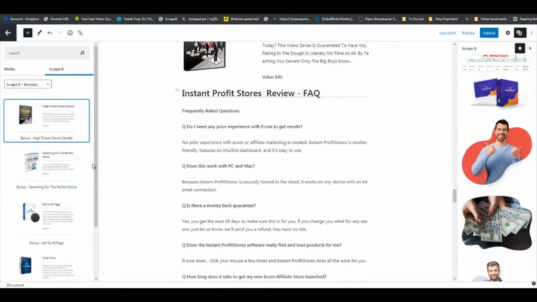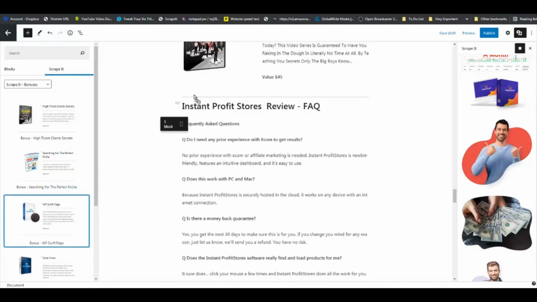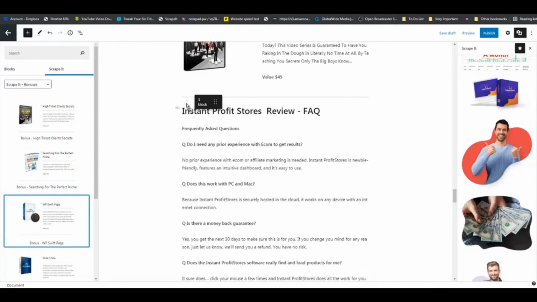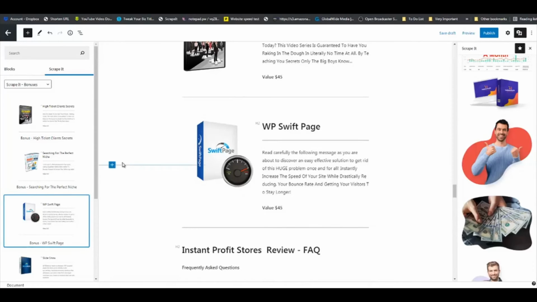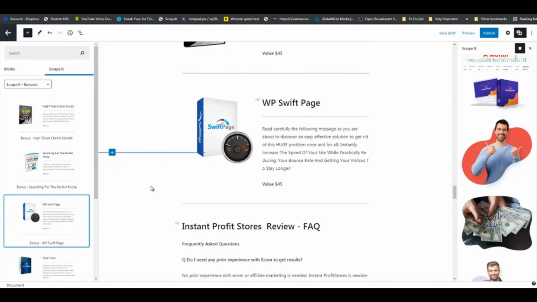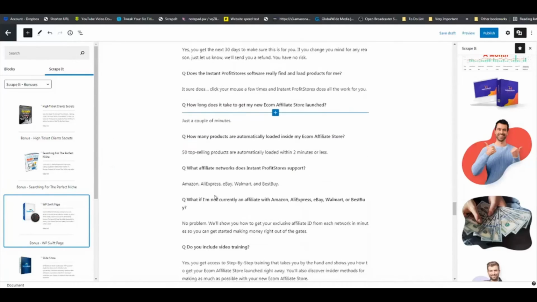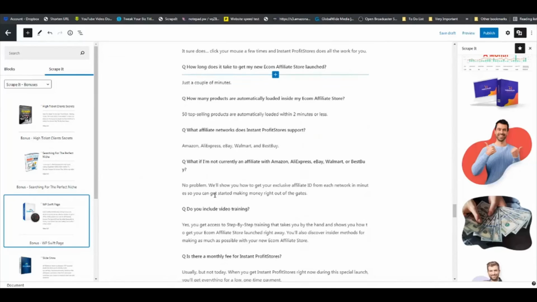One right there, drag the other one and put it, just make sure you see the blue line, put it right there. So you can see we have our bonuses. Below you can see we have the frequently asked questions,